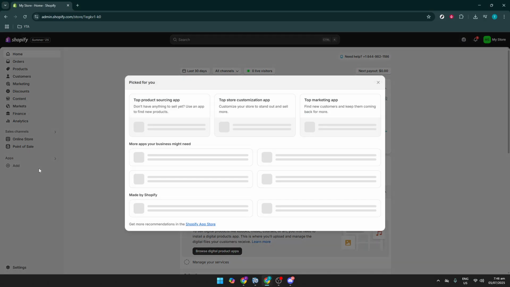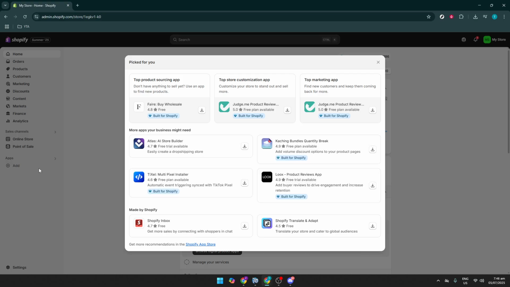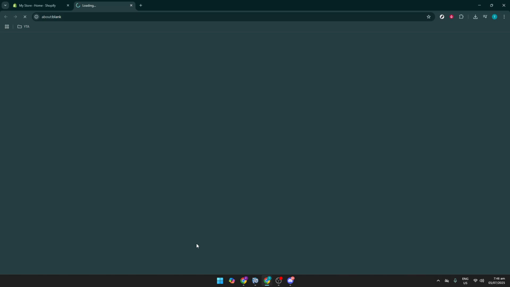To begin expanding your store's capabilities, look for the Add button on your Shopify dashboard. It's typically easily identifiable and should stand out. Click on this button to initiate the process of adding new applications. This action will direct you to some options, and from there you will want to choose the Shopify App Store. The App Store is a curated marketplace where you can browse and install various apps designed to improve and streamline